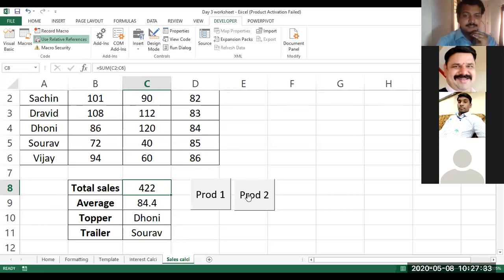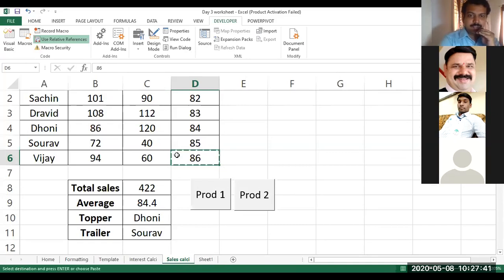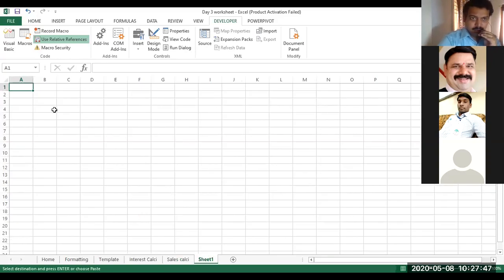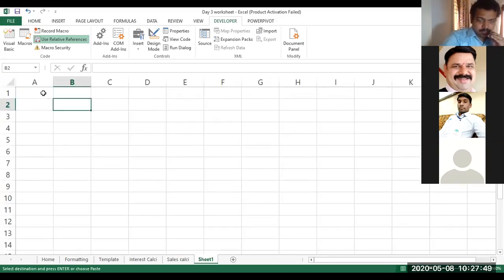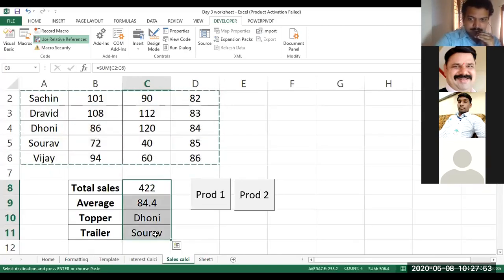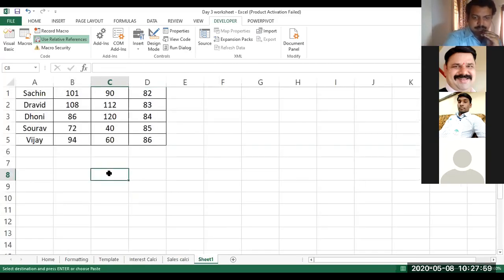Now the beauty of this is, suppose for the next month I create a new sheet with similar templates. I create the same templates over there in the next sheet.